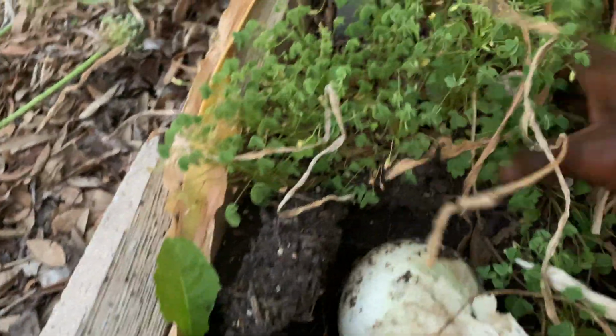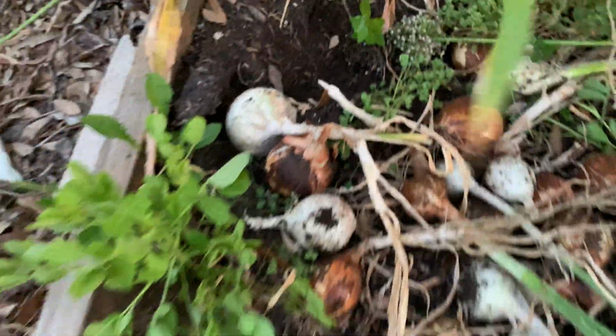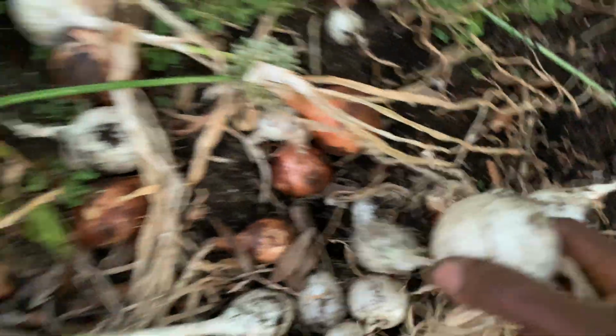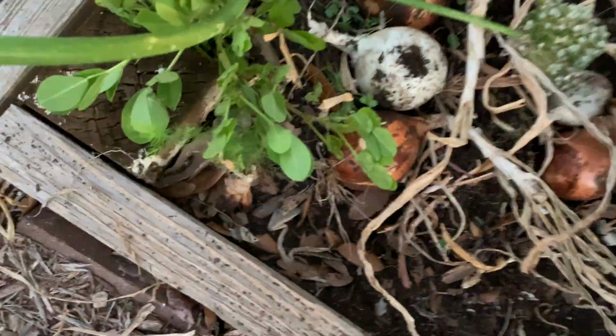You are watching the joys of urban gardening. These are organic onions. We didn't put any fertilizers, no chemicals on these onions. I'm going to take them home, keep them to dry, and they should last us a couple of months. I do this every year,